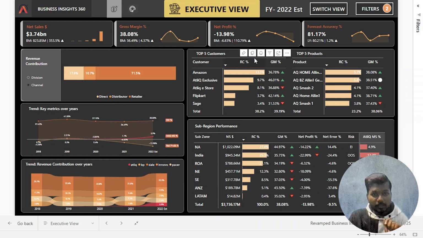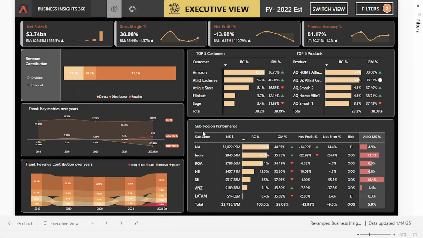Now, these two tables here show the top 5 customers and products based on net sales with respect to their revenue contribution percentage and gross margin percentage, along with the negative or positive change by gross benchmark indicated by this tiny arrow. Below that, we have the subzone-wise performance table showing net sales, revenue contribution percentage, gross margin percentage, net profit percentage,